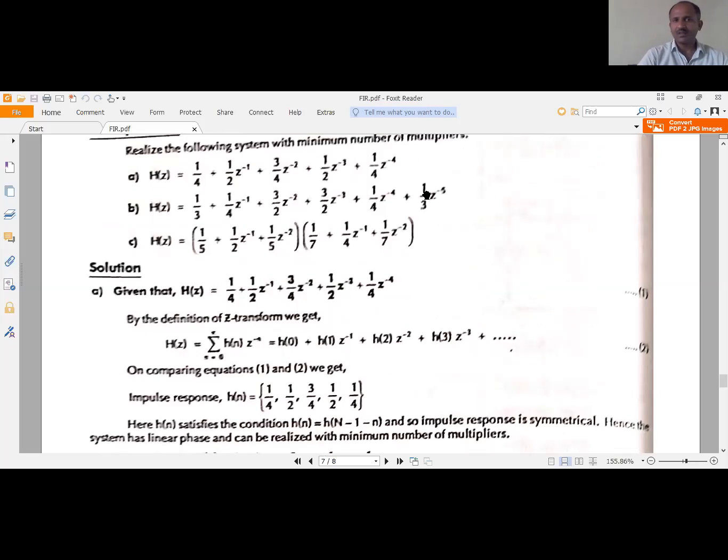B. So here also we can reduce one multiplier. Take 1 by 3 out, we can reduce one multiplier here. See here, similarly, instead of using these two 1 by 4, use a single 1 by 4. And here 3 by 2 is common. Obviously 1, 2, 3 multipliers have been reduced in question number B. We'll discuss now.